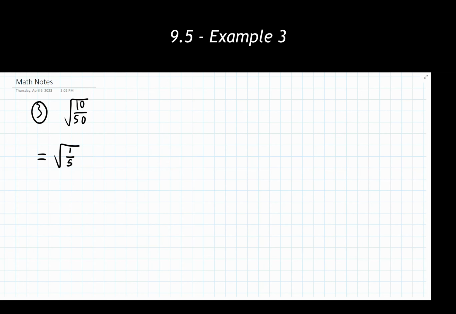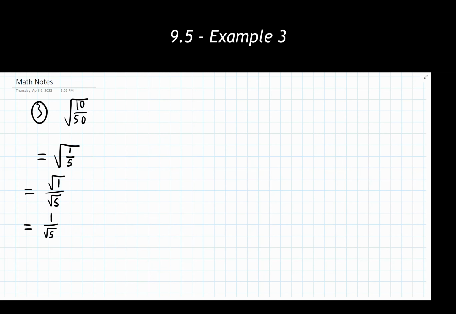And now I'm looking at this going, alright, well I have the square root of the fraction 1/5. It's a little bit nicer, but these things are still not perfect squares, so I need to see what I can do from here. I'm going to apply the quotient rule and split this thing apart into being the square root of 1 over the square root of 5. Now the square root of 1, that's just going to be 1, but 5 isn't a perfect square, so it's going to stay in the denominator spot as the square root of 5. And this is the most I can do with working with these radicals to simplify anything down from here.